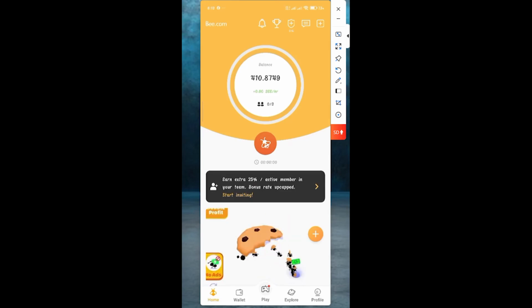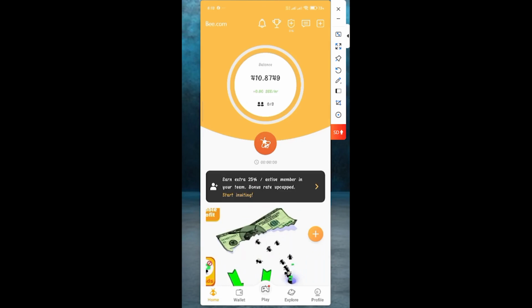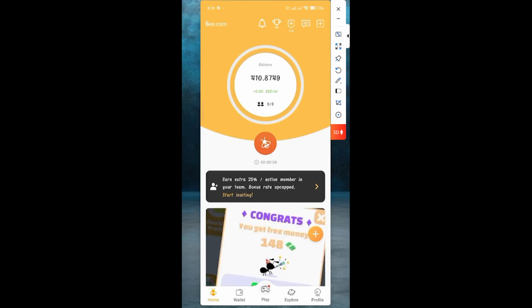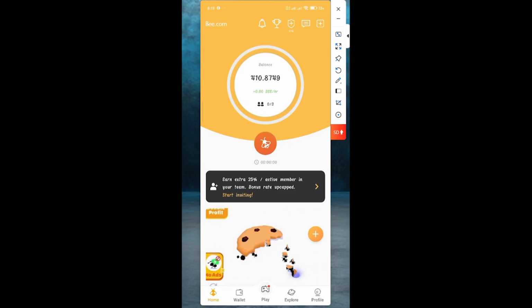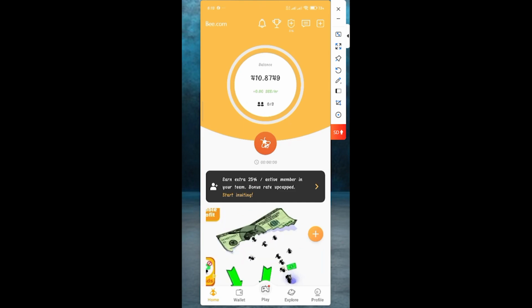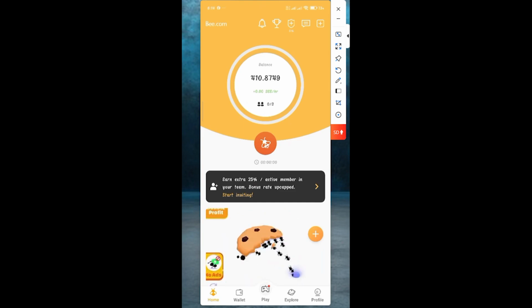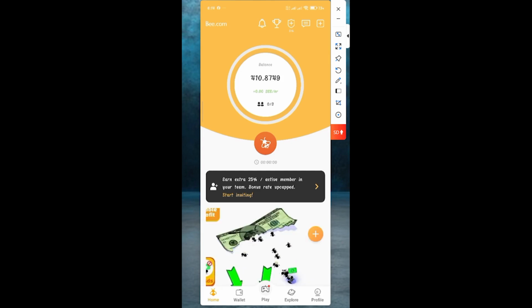So B is also a reference of Pi Network. It's like Pi Network. B is almost 5 years old now. They have been mining B, which is equivalent to Pi Network, which we mined for close to 6 years before it was finally listed. It's the same thing with this B network now.